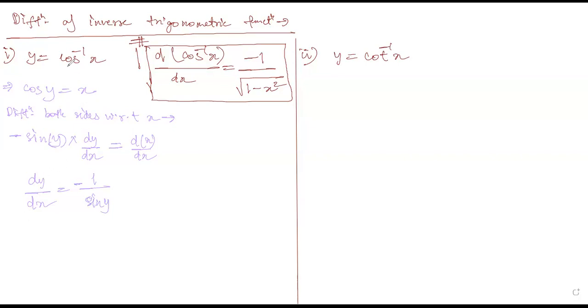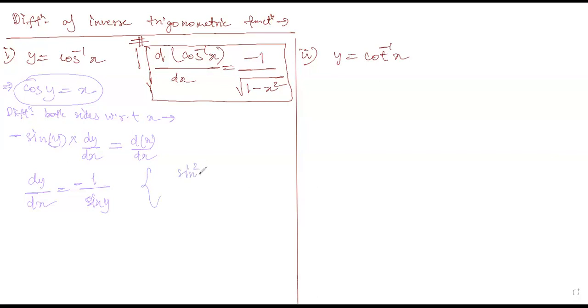Now see, the original function was y in terms of x. Right now, I don't have the final answer in terms of x. The final answer right now is in terms of y only, minus 1 upon sine y. But I can definitely change it in the form of x. How? Using this expression. I know the value of cos y is x. I can find out the value of sine y in terms of x from here. How? I know that sine y,